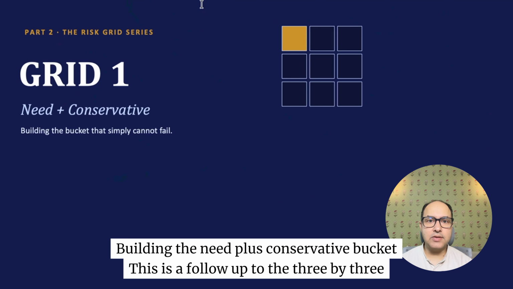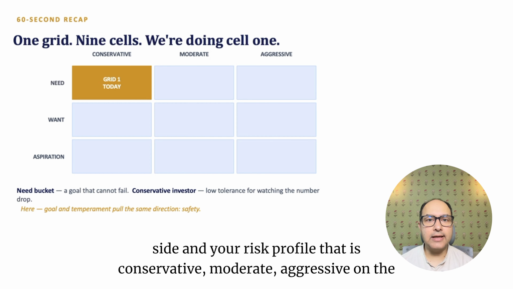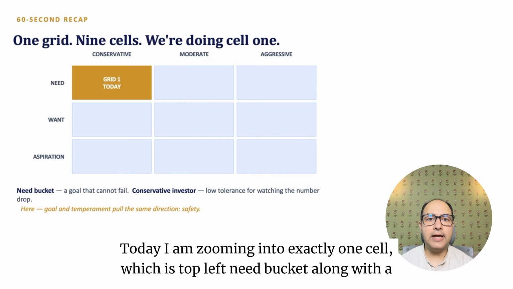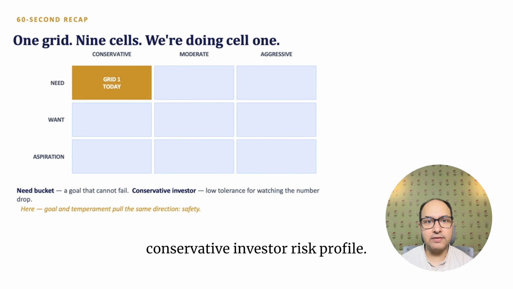Building the need plus conservative bucket. This is a follow-up to the 3 by 3 risk grid video. If you watched my last video, you know the 3 by 3 grid. That is need, want, aspiration on one side, and your risk profile, that is conservative, moderate, aggressive, on the other. Today, I am zooming into exactly one cell, which is the top left: need bucket along with a conservative investor risk